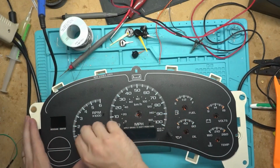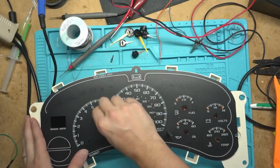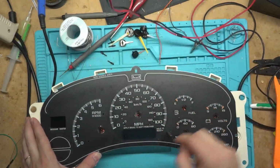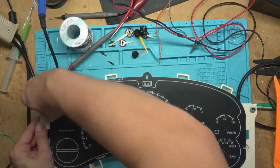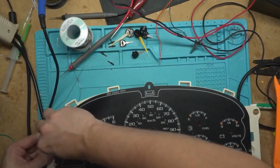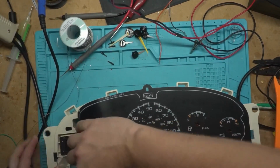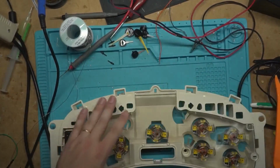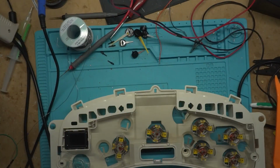Now, with these inlays, you take the little tabs off first, and this is actually glued on, so they just peel right off. There you go, now it's off. To put the new one on,